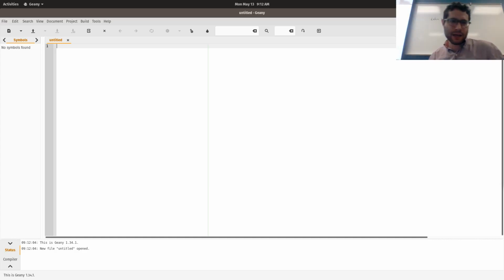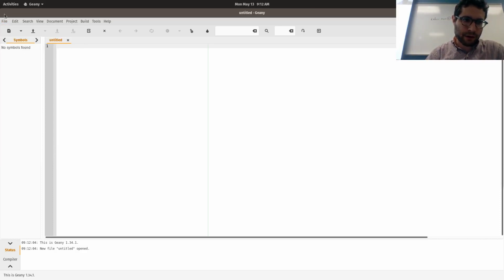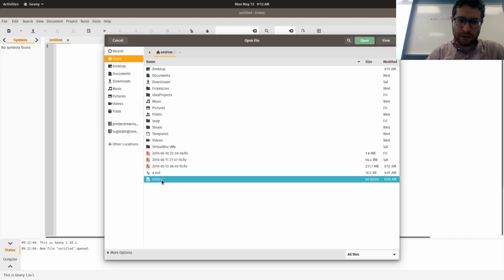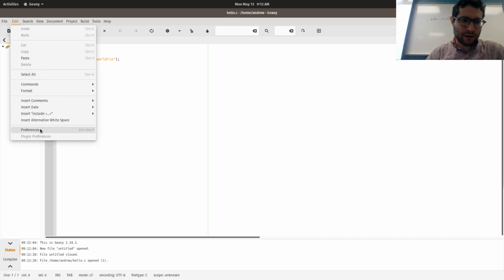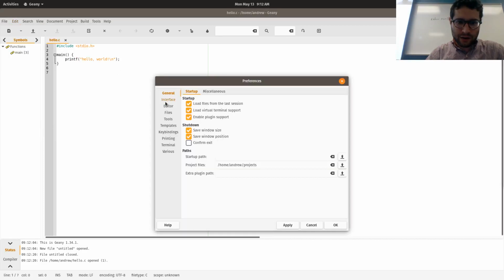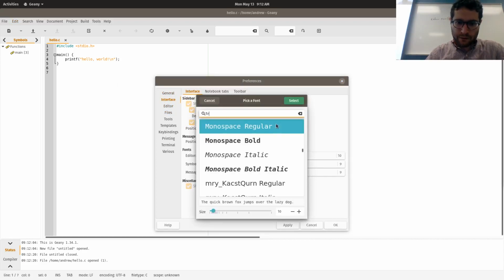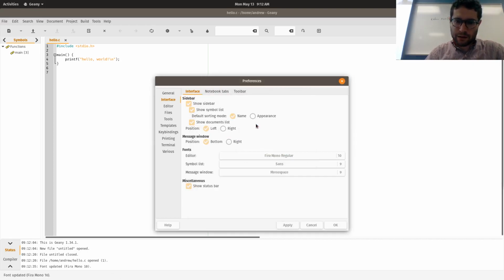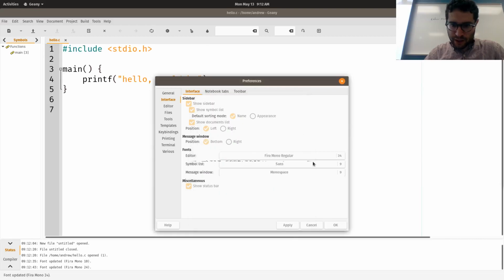So I'm going to open that file that I just wrote, one of the hello files, and I'm going to start playing with it and show you what goes wrong when we miss a few things. So first, let me edit this code. Preferences, interface, editor, Monospace. Okay, and then let's make it nice and big. 24, select, okay.